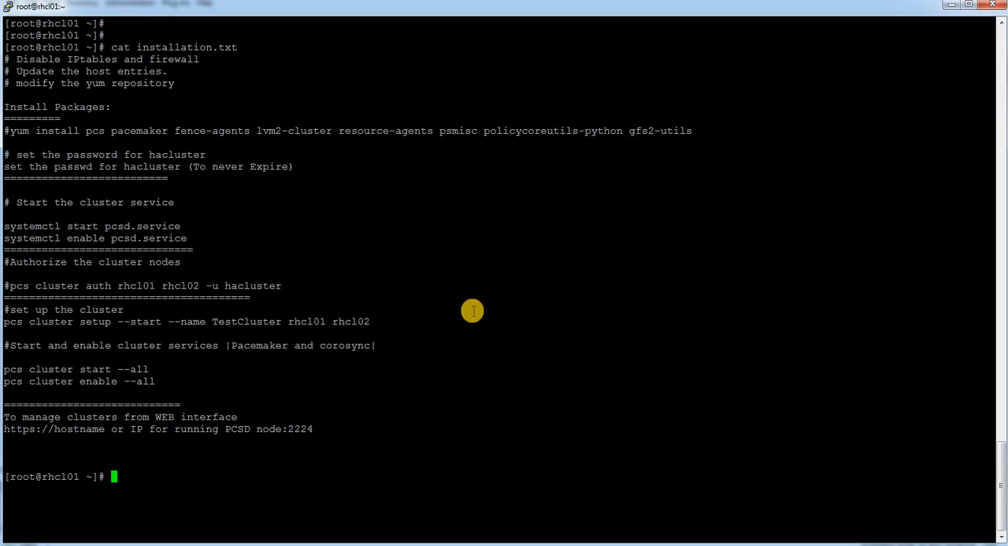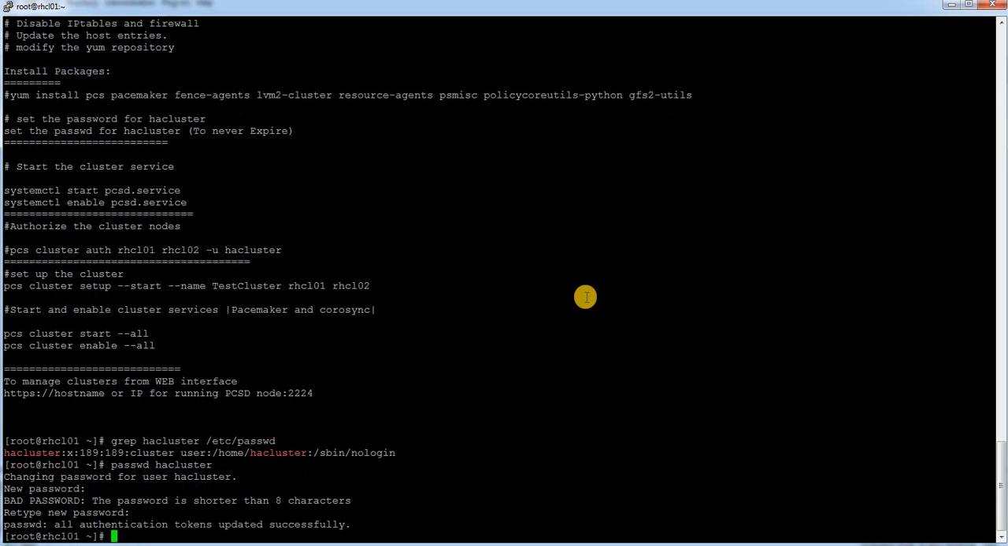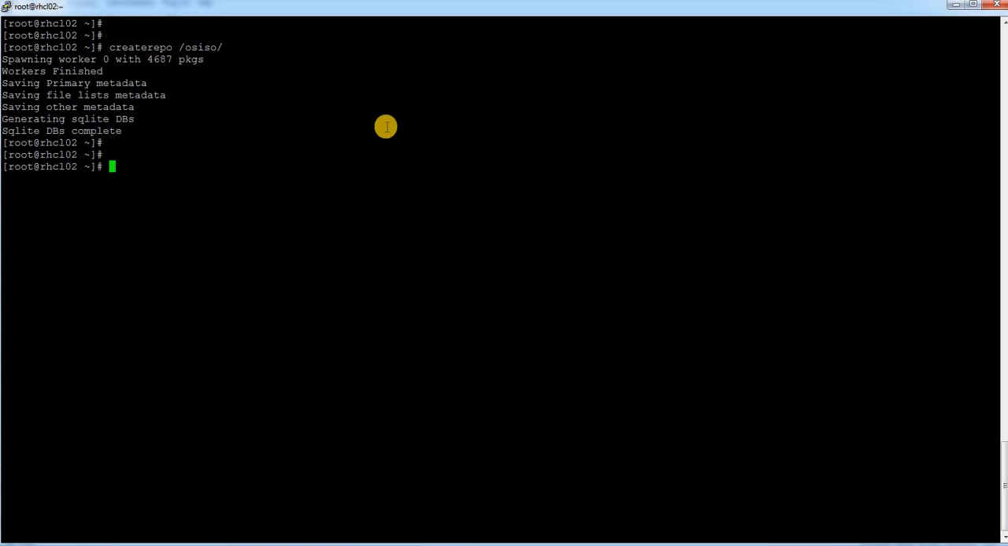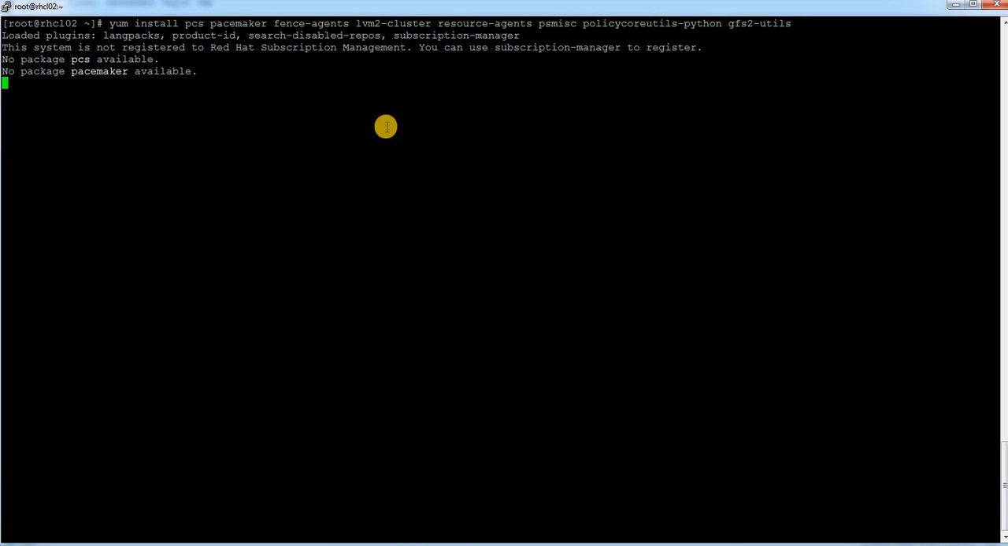Okay, so now if I do a grep hacluster in the passwd file, I can see here the user has been created, and let me set the password for hacluster. I'm simply giving it as redhat, and let me see on the other node whether my repository has been created. So my repository has been created on the other node, and let me try to install the packages here, and let's see this time. Wow, so